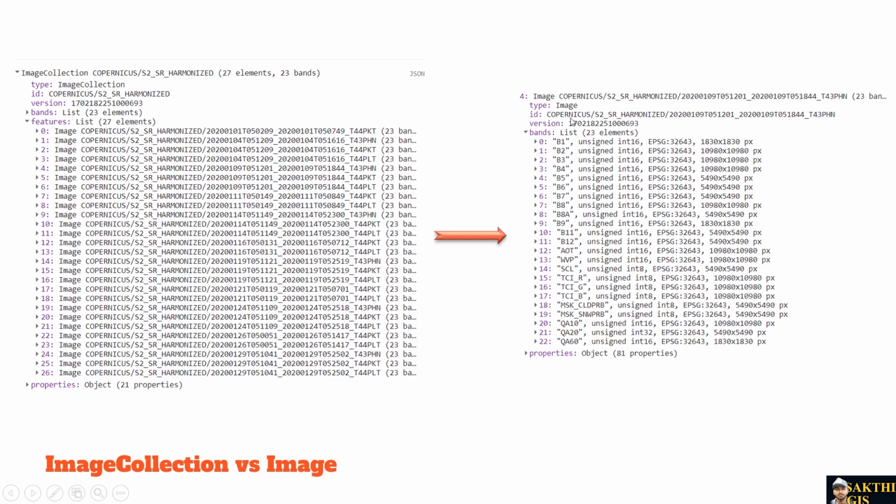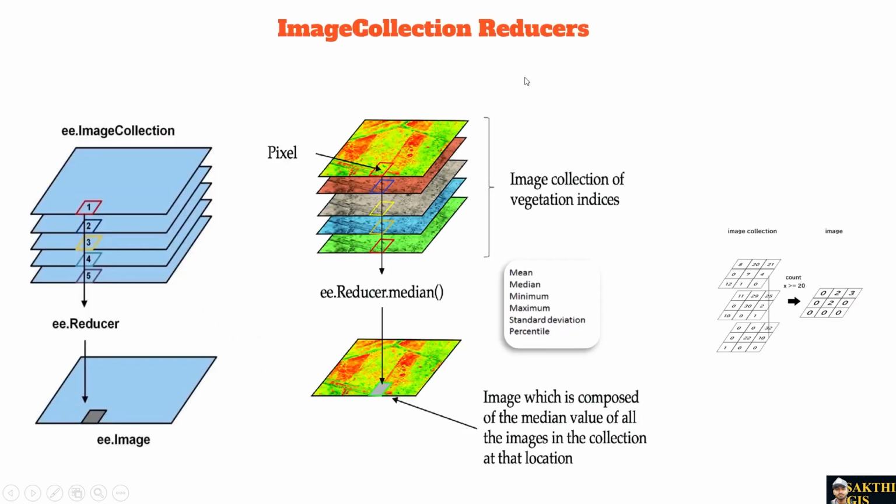For that image, you can see the ID also, the image ID. This is the difference between image collections and image. Then the image collection reducer. Reducer means, if for one particular place we need to get insight from that image,